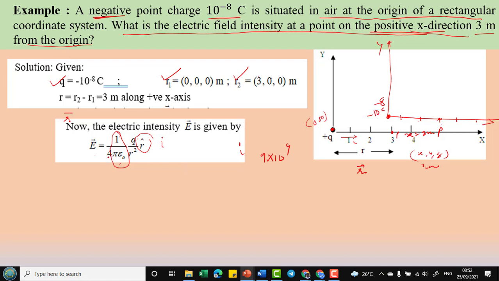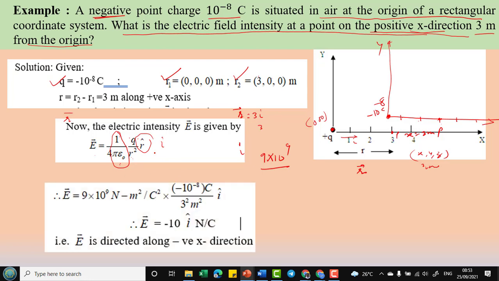So let us not go into the mathematical calculation part. Just take this one because we are more interested in the concept. So Q we are knowing, R हमको पता है, R is again अगर मैग्नीट्यूड लेंगे हम लोग इस 3I है, बाकी के दोनों टर्म्स 0 0 हो गई है तो वो नहीं है ना. So we can find how much is the magnitude of R. So magnitude of R is of course that will be 3. So we can substitute their values and we can calculate.